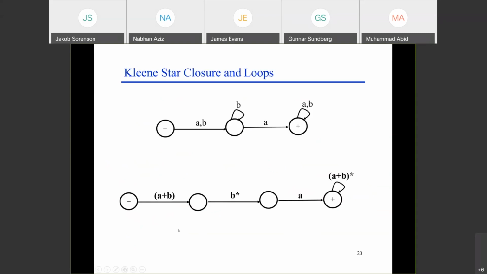Different scenarios will come now. So Kleene star. This is another one. Is this not an FA? No, it is an FA, with A and B, and B and A and B. Yes, this is a valid FA. It has no issue with that. And now you can convert this into a TG. So you can have A or B, B star, A, and A plus B star. You apply the Kleene star on that actually.